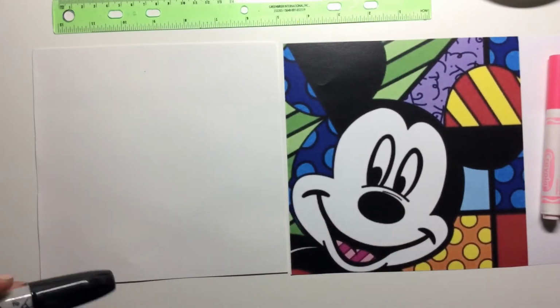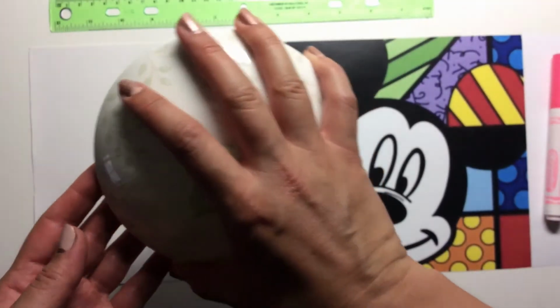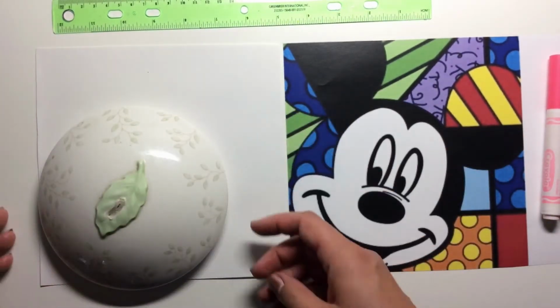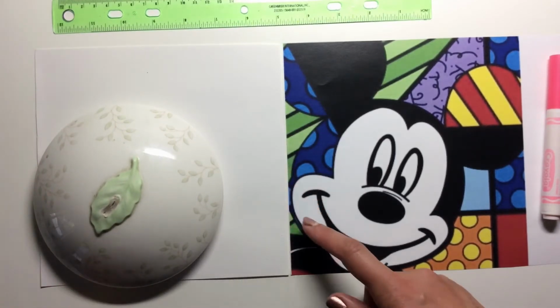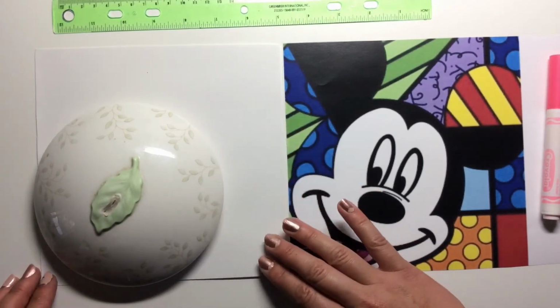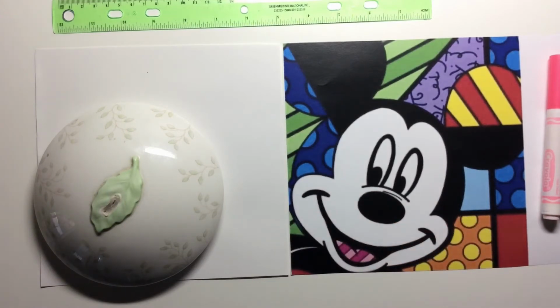And we are going to start by using, oh, you know what, actually, since I don't want to get Sharpie on my cookie jar lid, I'm going to start with a pencil. So grab a pencil if you'd like, and we're going to start with our big circle in the bottom left corner. So I want you to look at this negative space, this triangle right here. Try to find that and match it on your paper. And then you can go ahead and, using your pencil,